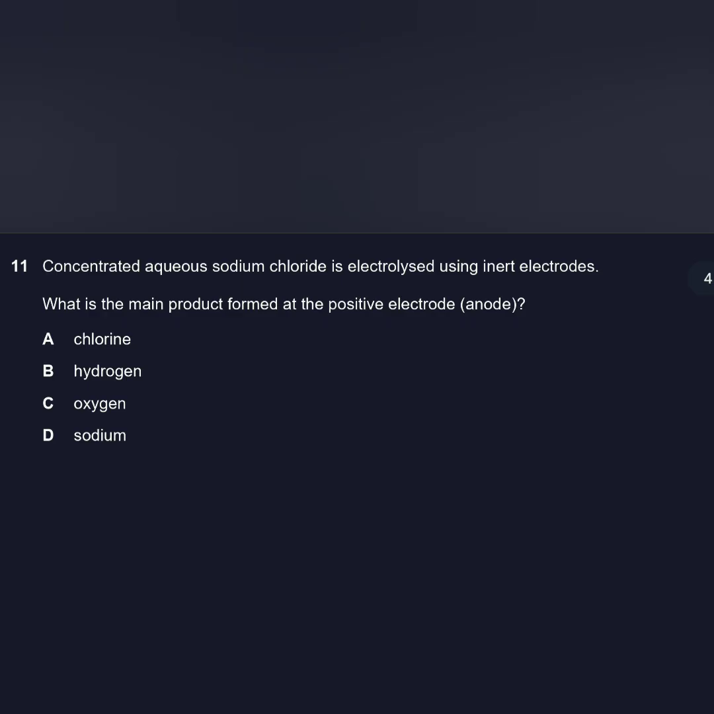So moving on towards MCQ number 11 of paper 2025 IGCSE May-June 2025. Concentrated aqueous sodium chloride is electrolyzed using inert electrodes. What is the main product formed at a positive electrode? Anode. Alright, so students, whenever we electrolyze